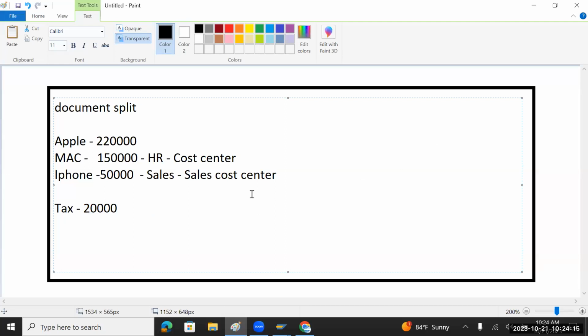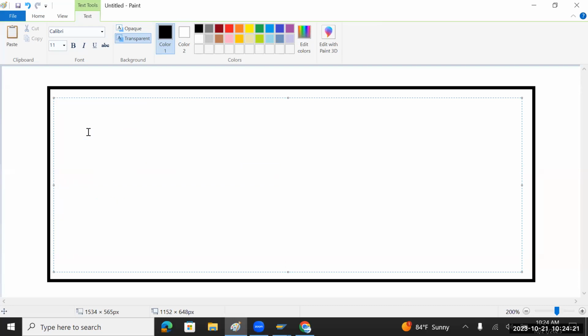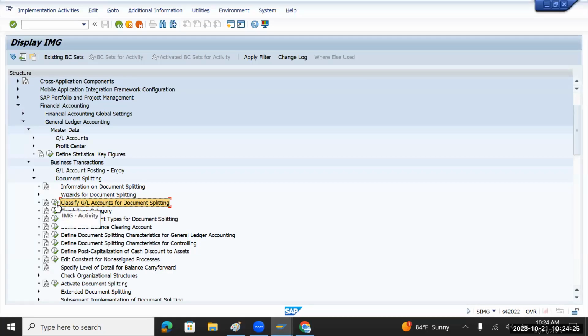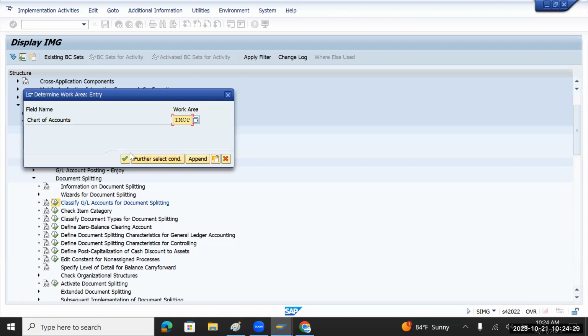So this is how the document splitting helps. We will go into much more detail on zero split, passive split, and active split with an example. But this is how SAP works. So now here we just need to give a